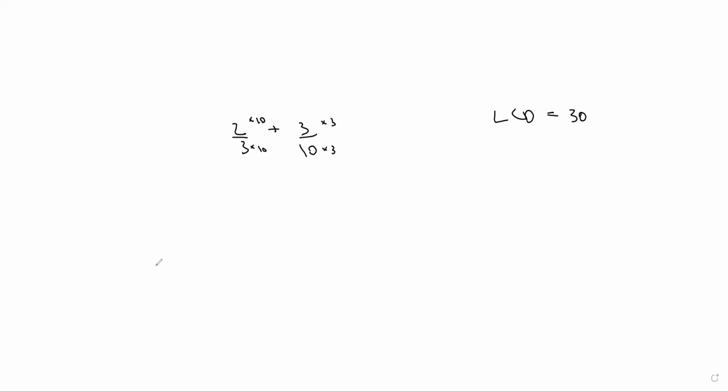And now the first one is 20 over 30. I suppose for the first one, you could have just added a 0 to the end of each of them. That would have been an easy way of doing it too. And then the next one will be 9 over 30. So then we got 29 over 30. And yep, that's what we do for those.